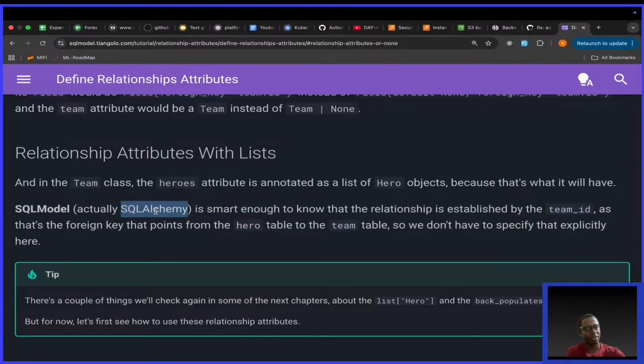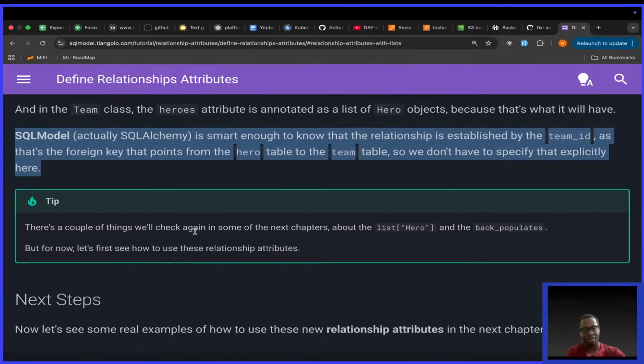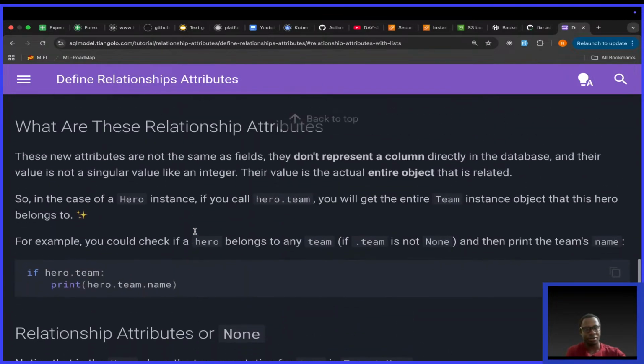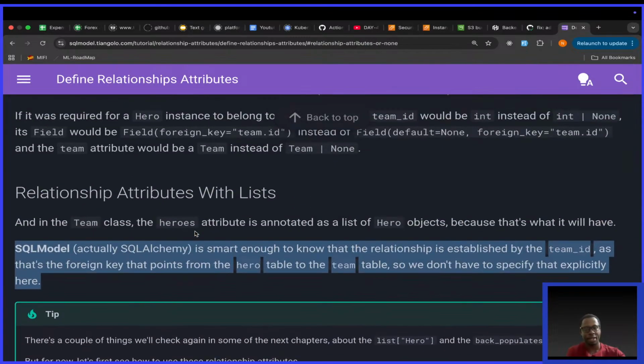Then if we continue reading, they're saying SQL model, actually SQL alchemy. Okay, so I think Rohan, you see what I was telling you, that SQL model is simply an abstraction of SQL alchemy. So they're saying SQL alchemy is smart enough to know that the relationship is established by the team ID, as that's the foreign key that points from the hero table to the team table. So we don't have to specify that explicitly here. Okay, so yeah, make sure you read this on your own. Let's go ahead, I think, and